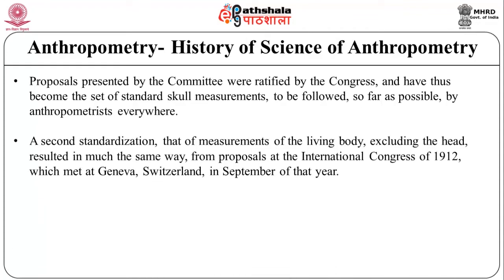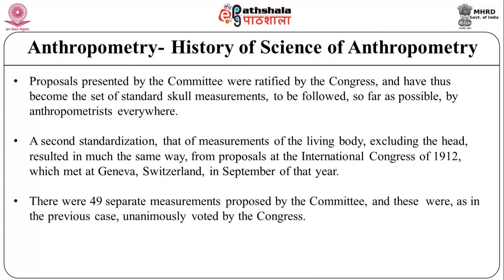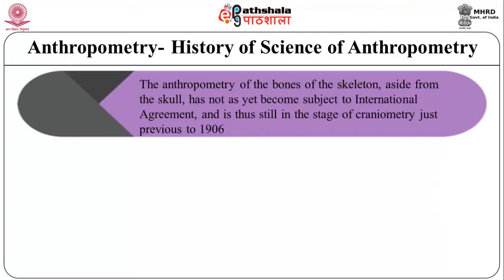A second standardization, that of measurements of the living body, excluding the head, resulted in much the same way from proposals at the International Congress of 1912, which met in Geneva, Switzerland, in September of that year. There were 49 separate measurements proposed by the committee, and these were, as in the previous case, endorsed by the Congress. The anthropometry of the bones of the skeleton, aside from the skull, has not as yet become subject